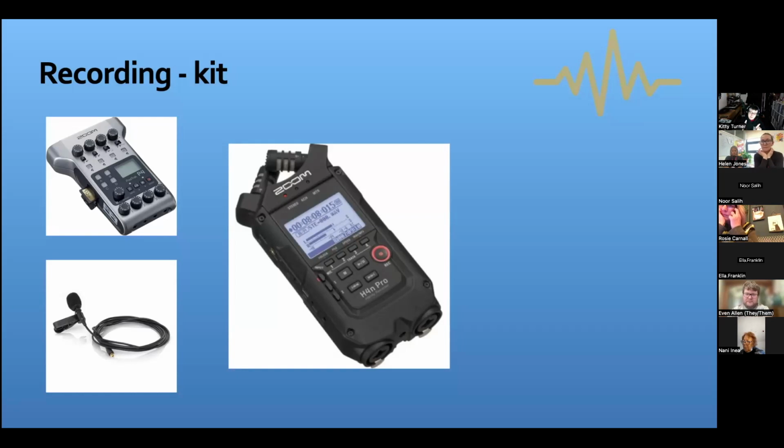There's 2 inputs at the bottom of it, XLR inputs. So this could be used to record 2 people having a conversation outside, for instance, where you would record the stereo ambience, so the field recording, at the same time as the 2 vocal channels, the two microphones for each person speaking.